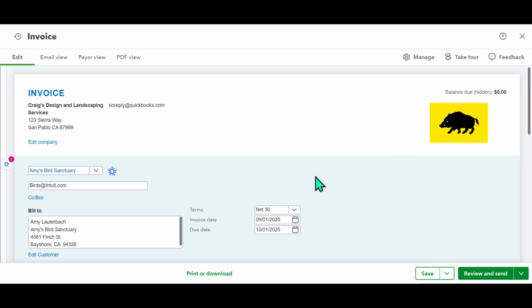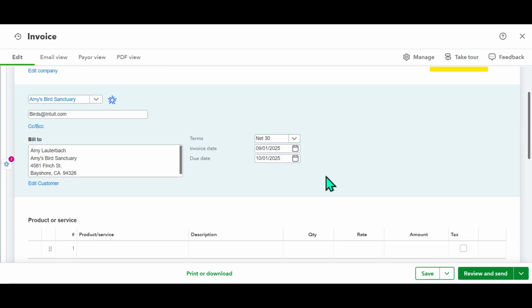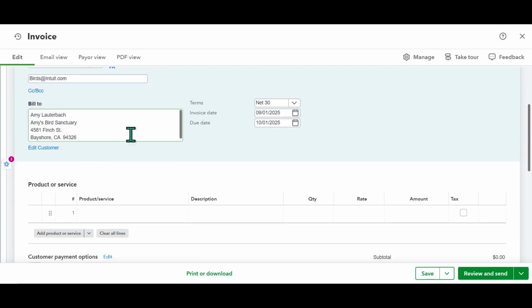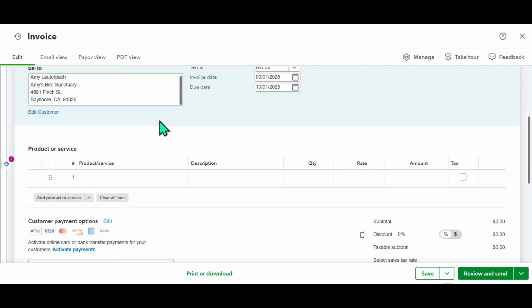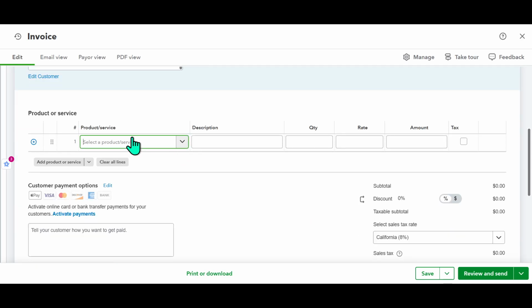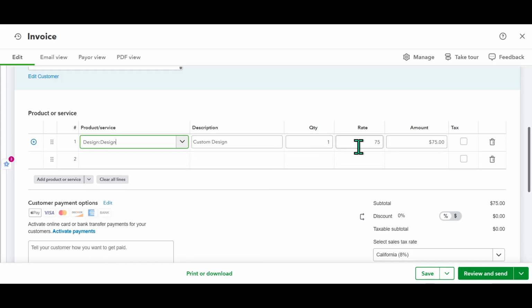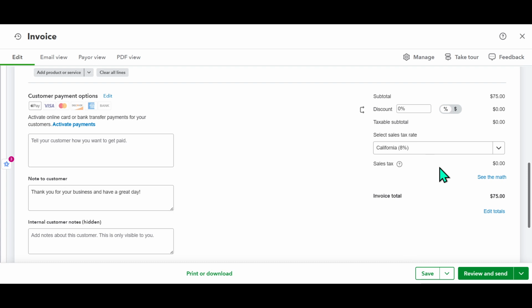And there you have it. Your logo is now proudly displayed on your invoice, giving it that polished, branded look. It's that simple and takes just a few clicks to complete. Once you have added the logo, review your invoice to ensure that everything looks as you intended and that all the information is accurate. Then, you can save or send it to your client, knowing that your invoice now represents